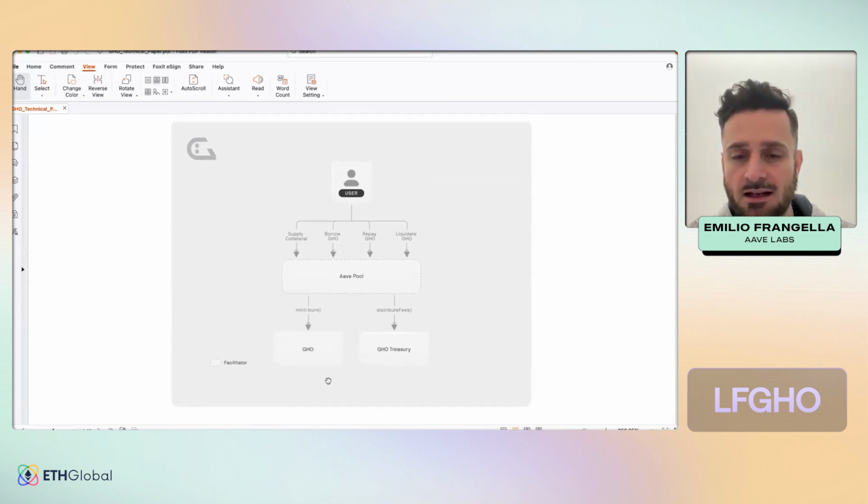What's interesting is that the Aave protocol was not originally designed to generate a stablecoin, which can basically be assimilated to a synthetic asset. So the Aave protocol doesn't natively have the ability to generate anything that is not previously supplied by liquidity providers. So we had to work around certain limitations to be able to support Go within the Aave protocol. I will show these limitations later when we look at the code.